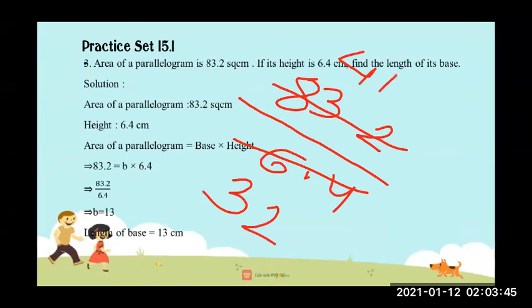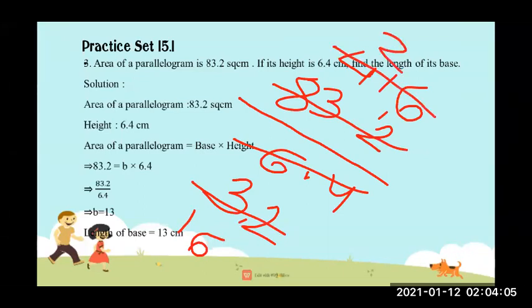2 1s are 2. 1 we will carry over here, it becomes 12. So 2 6s are 12. Now once again it is going by the 2 table. 2 1s are 2, 1 we will carry over. 2 6s are 12. Now once again 2 2s are 4. 1 is not coming, so we will take directly 16. So we have to put 0 and 2 8s are 16.